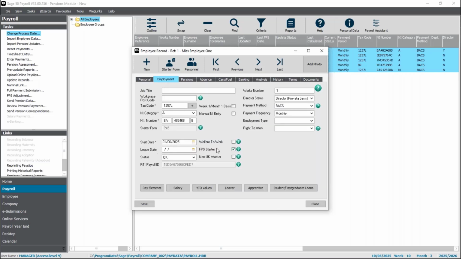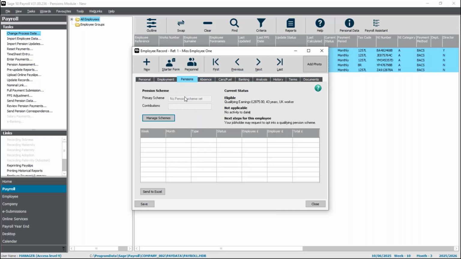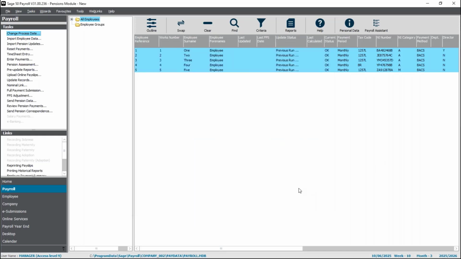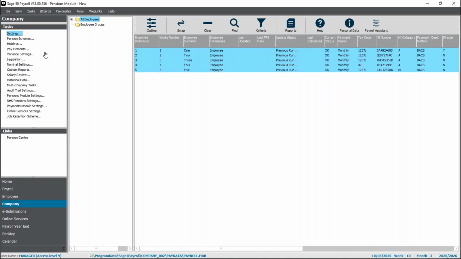So I've got my employees set up. Their start date was the 1st of June. This is a brand new company. And in their employee record, there is no pension scheme set. I have set up the pension scheme